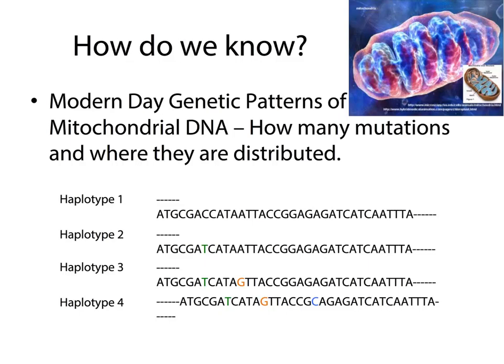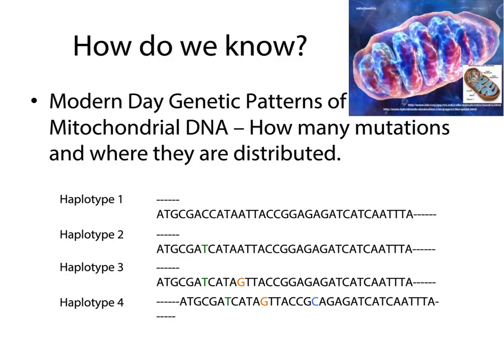For example, you start out with haplotype 1. This is a genetic pattern for a certain region. Looking at that same region, if you check, you will see that there's a T that is mutated. It's gone from a C to a T. That's a second haplotype. Okay, then you look for haplotype 3, and I'm sorry, the spacing is off. Something happened in the translation. But then you see that there's another mutation. That's haplotype 3, and then you see there's another mutation later on down the road, and that's haplotype 4.